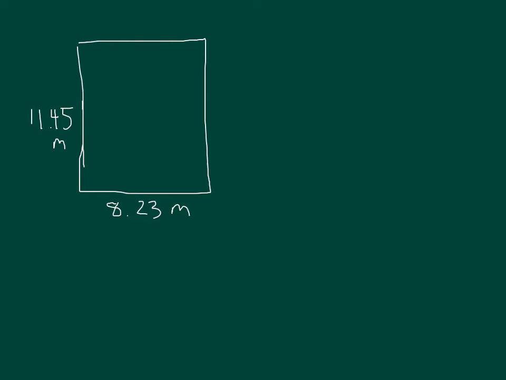So now we've got to figure out the area of this yard, and I've got to figure out how much fence I need to put around it, and I've also got to figure out how much soil to put in to grow a garden, because I'm going to grow an elaborate garden. So here we go. We're going to calculate the area simply by multiplying the length times the width. So we have 11.45 meters times 8.23 meters. And if I get a calculator,